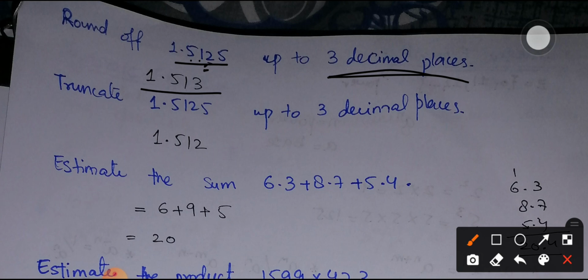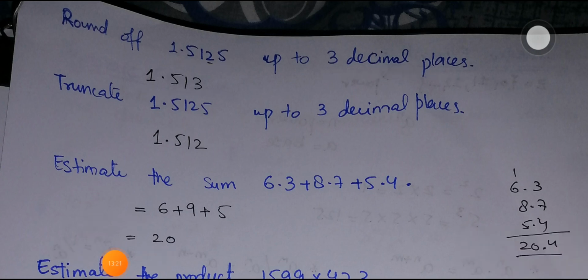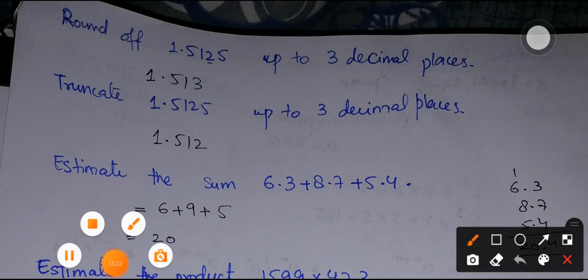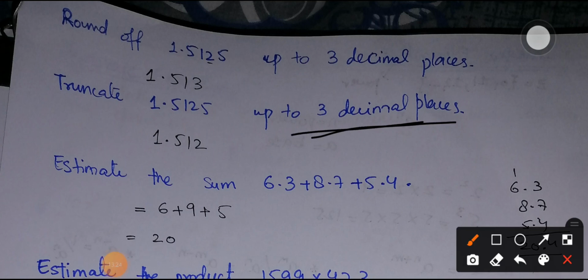And what about if I'm going to truncate it? So in case of truncation, we do not check the number on the right hand side, or you can say that we cannot change the number. We are just cutting it down at some particular defined position. So if we have to truncate the same number up to 3 decimal places, simply I'm going to mark out the third one and I will stop it over here. I will not change the number in case of truncation. That change is only possible in case of rounding off the decimals.